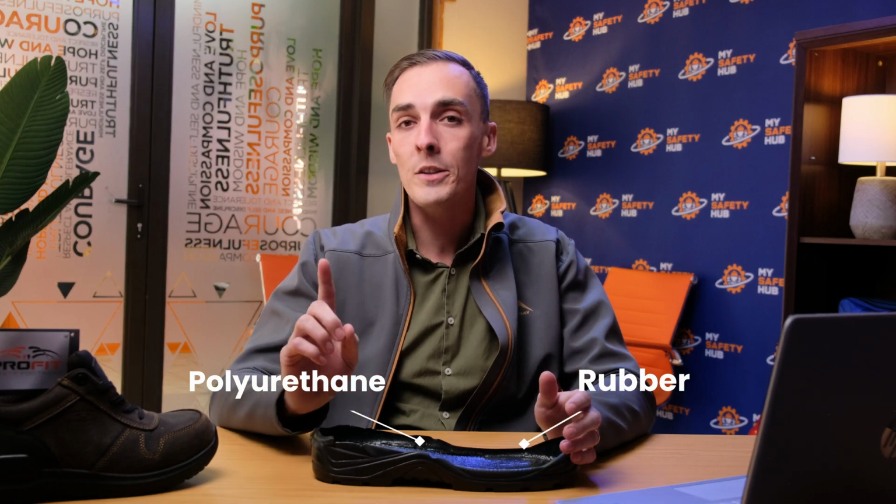Now let's build the safety boot, starting with the soles. Soles are made up of 2 different types of materials, namely polyurethane or rubber. One way to distinguish a good boot from an entry-level boot is the density of the sole. Single density soles tend to break and crack easier and don't offer as much comfort as a sole that has